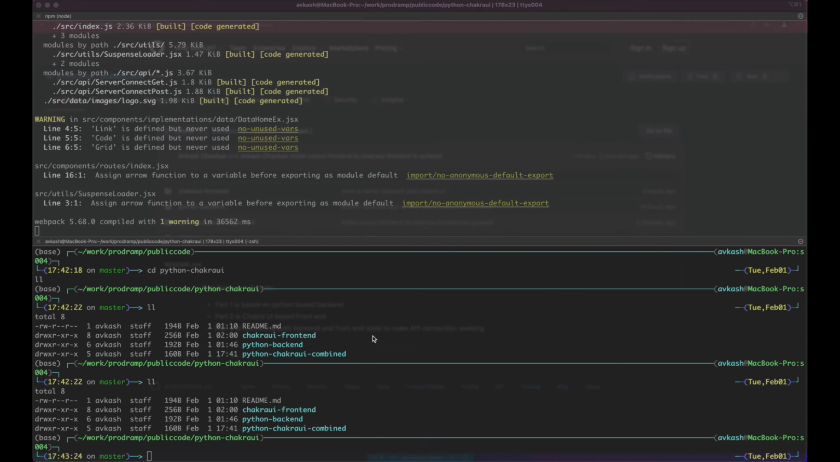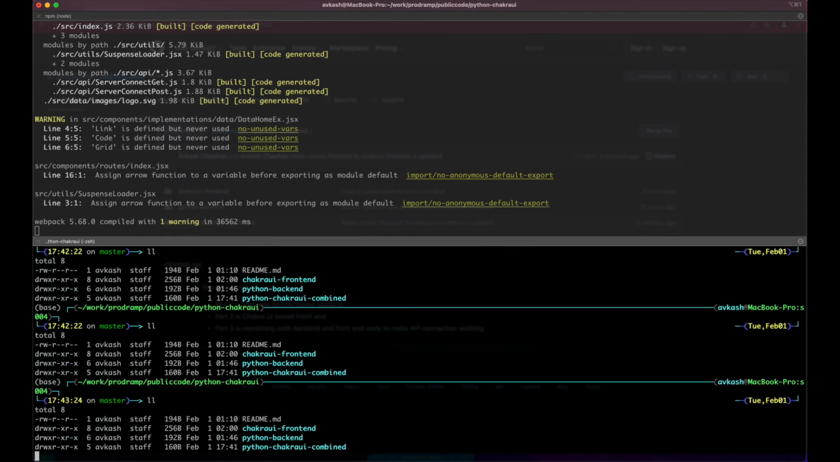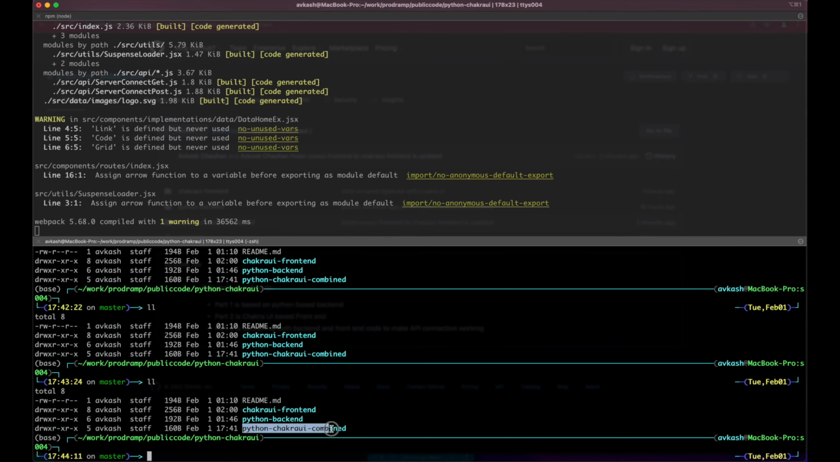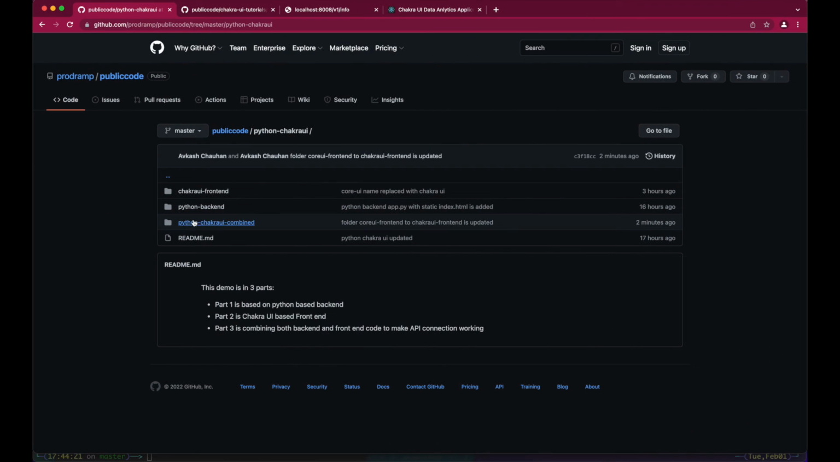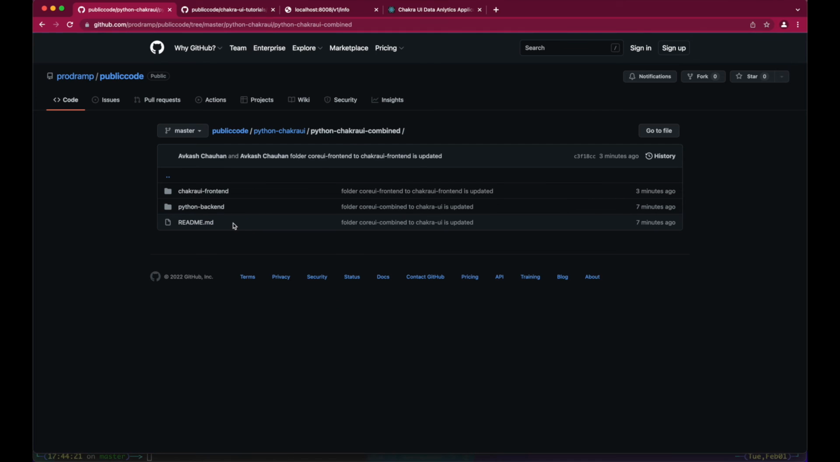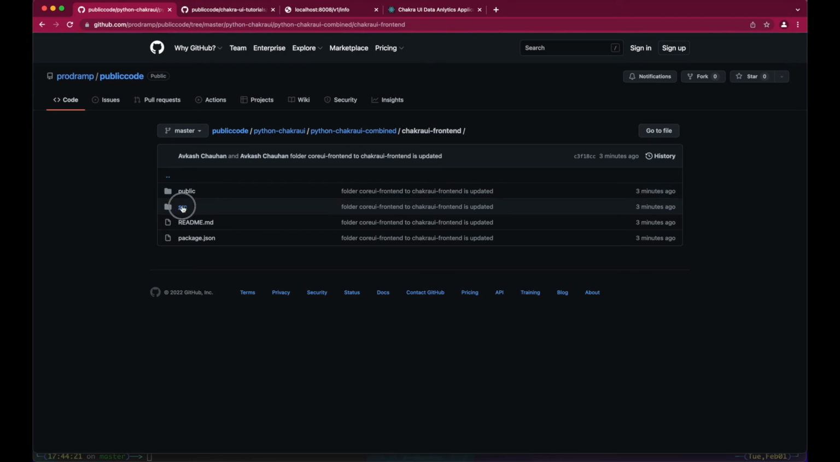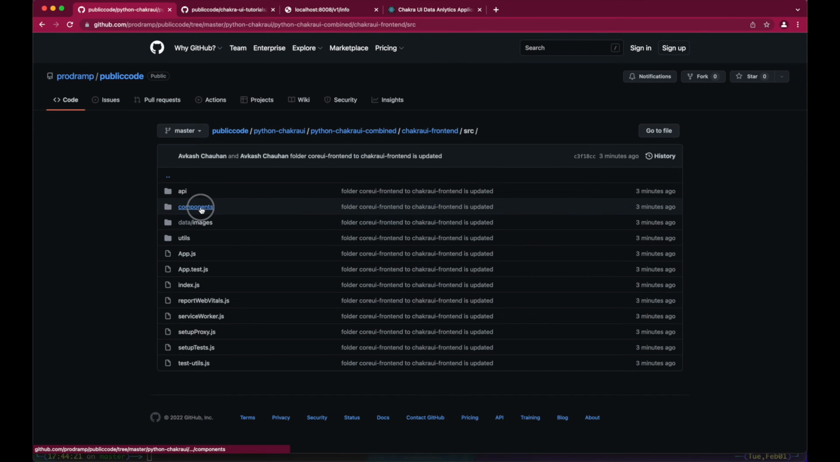So we have just pushed the code. As you can see here, this Python Chakra UI combined folder has these two folders updated, and the code from these two folders has already been pushed to the GitHub public code repo. So let's take a look at the code at GitHub. Here is our folder where we have completed our work in part 3 of this tutorial, the Chakra UI frontend. Here is our code. We can look into the component,